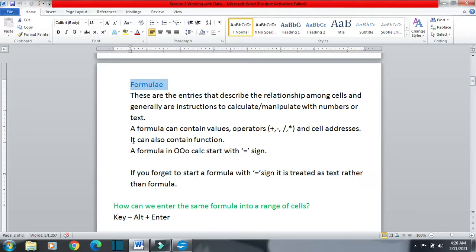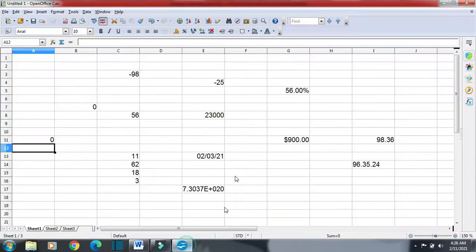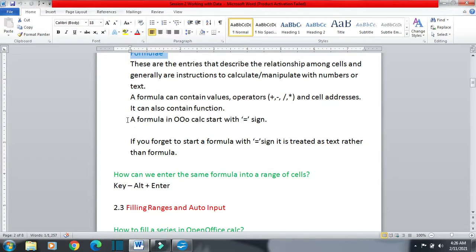A formula can also contain functions. For example, the function SUM: equal to SUM A1 and B1. So it can also contain a function. In OpenOffice Calc, a formula must start with the equal to sign, otherwise it will not be treated as a formula.